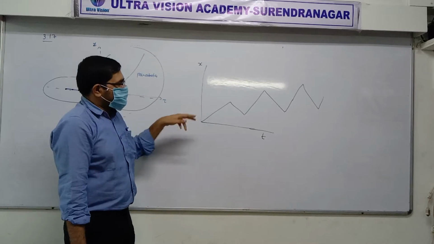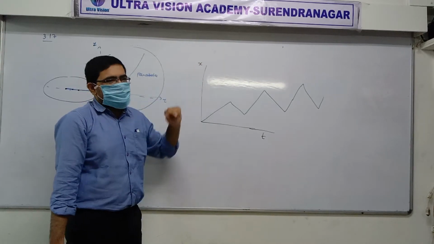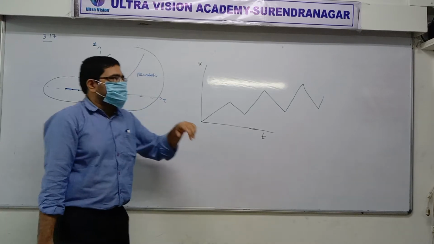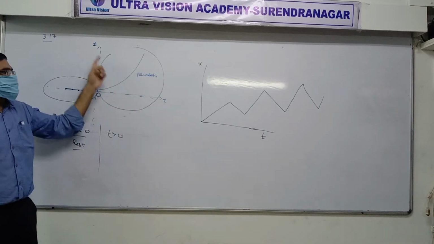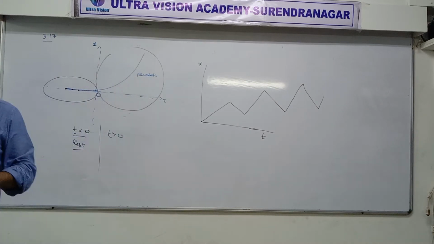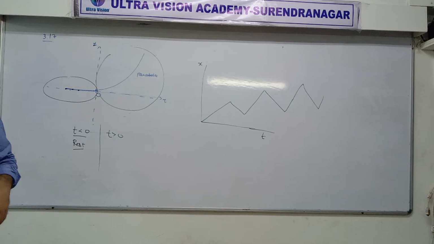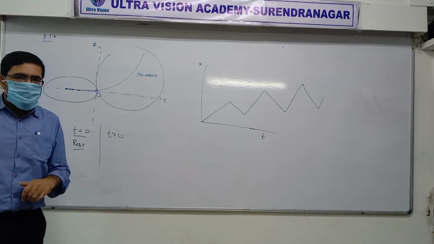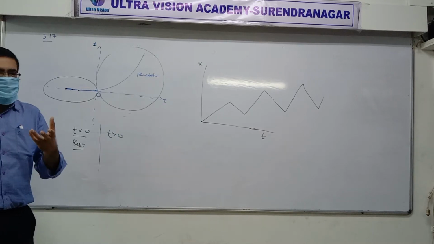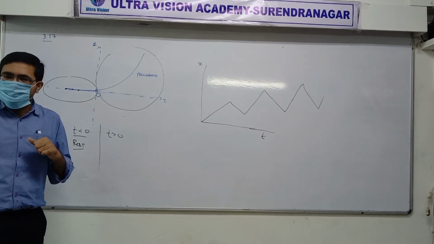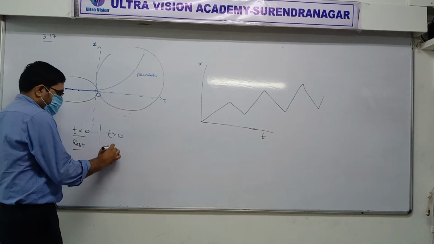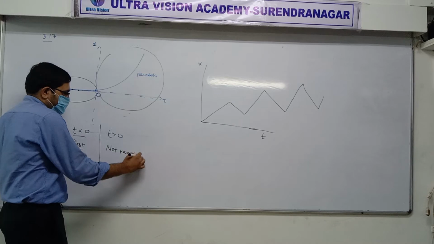So can I say here the drunkard moves on a zigzag like path? No. Drunkard moves on a straight line. Let's come to this question. Can I say here that this object is moving on a parabolic path? No, sir. Yes or no? No. Parabola is there. It is a graph. It's not the path. Sure? Yes, sir. So the answer is not moving on parabolic path.